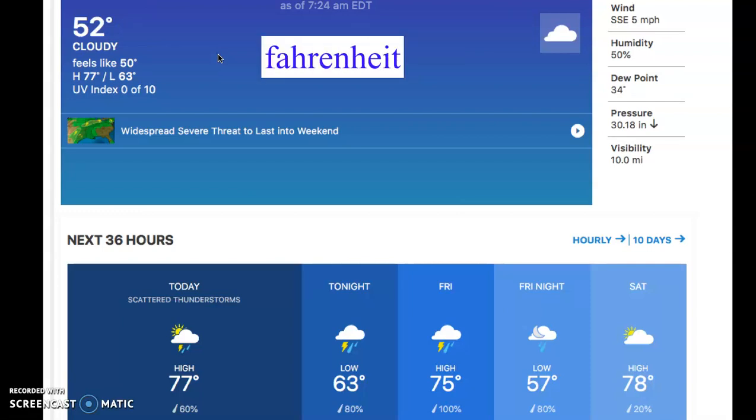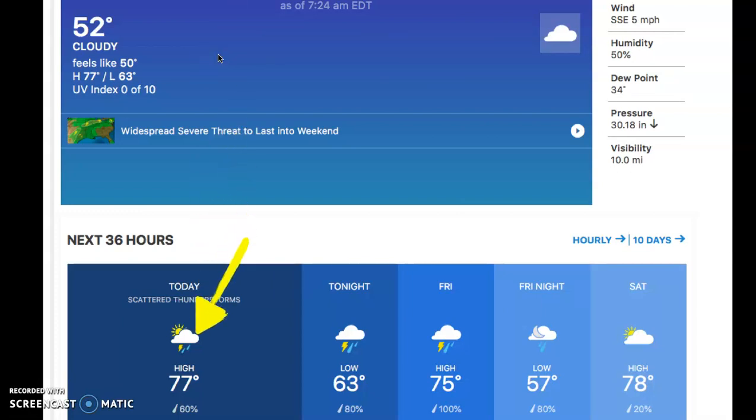Right? And there's our Fahrenheit, a very difficult word to spell. Down here you can see the cloud and the sun, right? So this is cloudy and rainy, right? It's also stormy. You can see the lightning that I mentioned right here. So today, right, is a stormy day, or it was anyways, okay? And we're going to talk about that here in just a second as well.